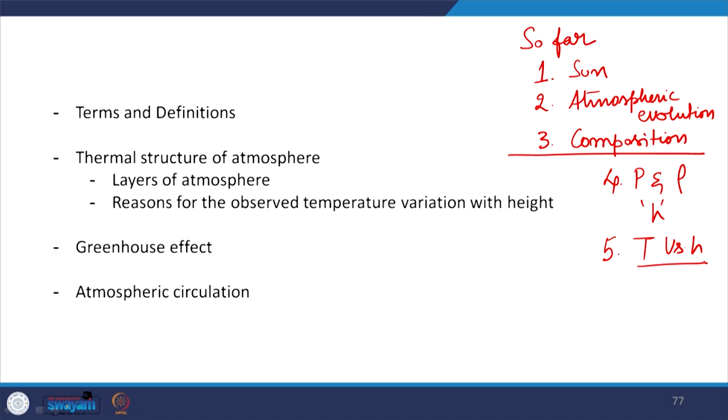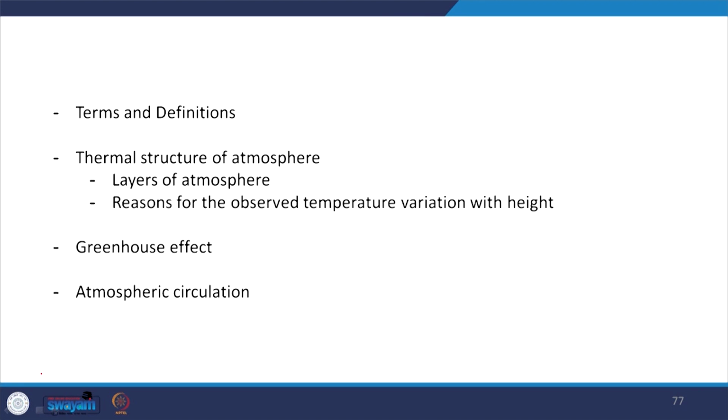Why is this important? This aspect is important because it helps us define various layers of atmosphere. The atmospheric layers are very much familiar to all of you. You must have at some point of time come across various terms like troposphere, stratosphere, mesosphere, things like that. These various terms represent different heights in the Earth's atmosphere. They are named because of a certain reason. Each of them has a different reason for the variation of temperature with respect to height in these particular regions.